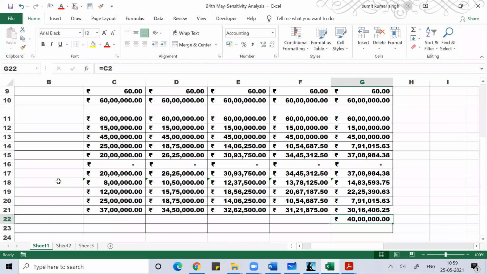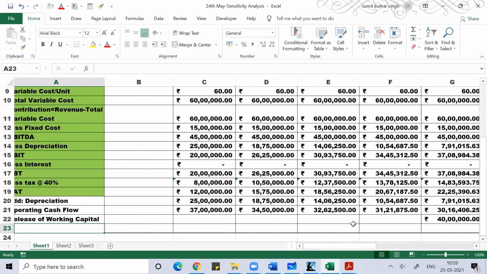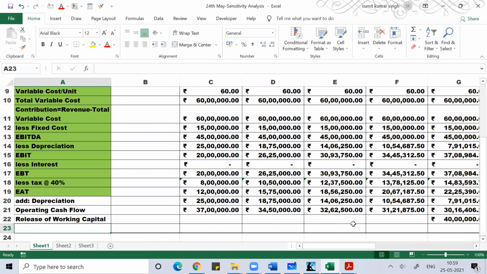Normally, when we are solving problems of NPV and all, this data is not required to be given. But I saw many problems in the IM Pandey textbook for this chapter, called determining cash flow, where whenever working capital data was given, then while doing the adjustment at the end of the life of the project, they work on this treatment called release of working capital.